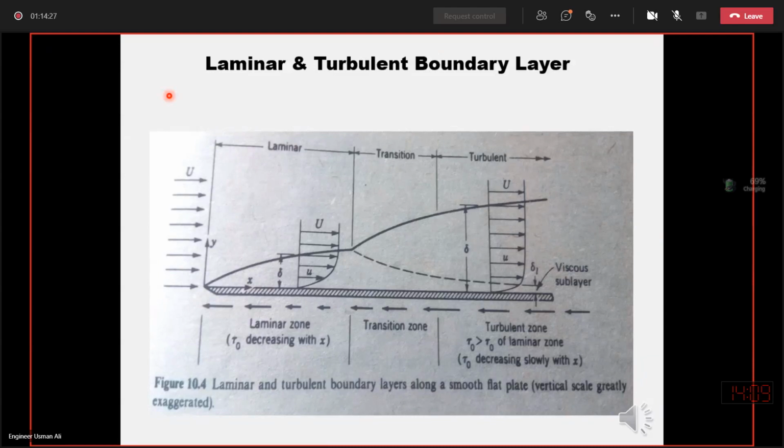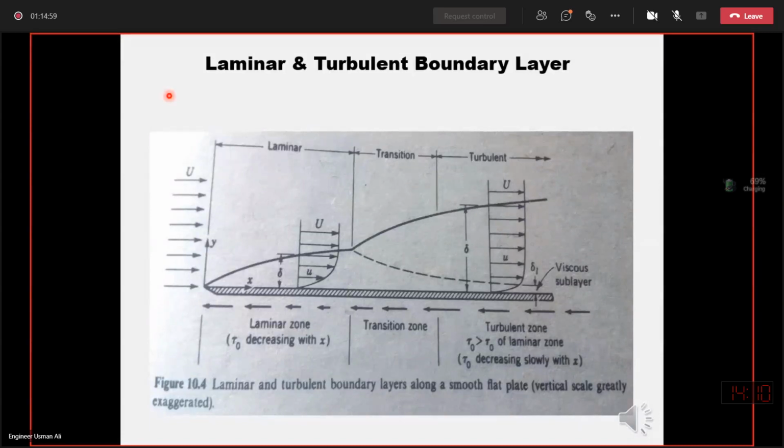Then we have learned that when the fluid comes in contact with or flows over the surface of a smooth flat plate, it is divided into two portions. One near the surface of the plate is known as the boundary layer, the region of the fluid in which there is a change in velocity, a velocity gradient, and frictional stress, and as a result there is a friction drag. Outside of the boundary layer is the undisturbed zone of the fluid.